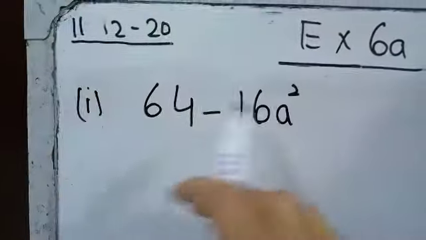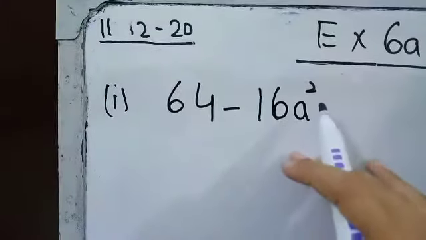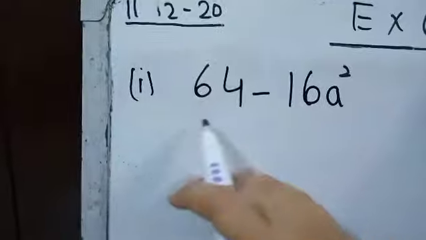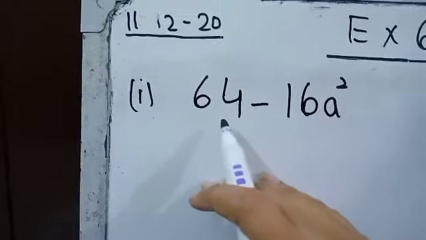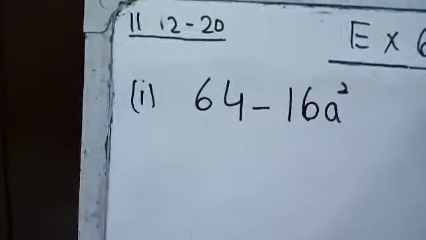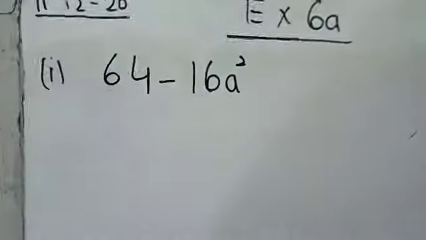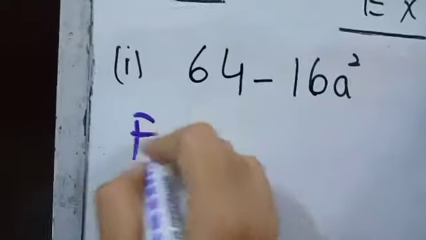Now in this you cannot see any whole square. Only one term is given in square, and this is also a square number. If you come to know that this is also a square number, have you thought which square number this is? I think so, yes, you have thought.